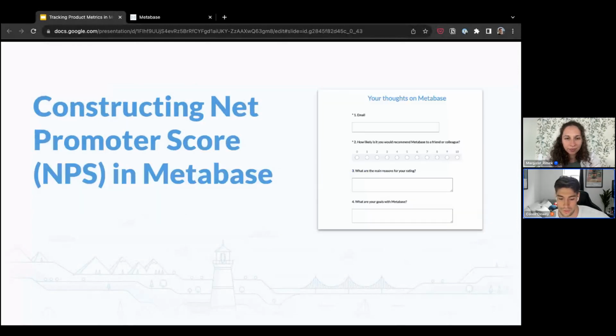And we'll get into Net Promoter Score. This is the example that I lean on a daily basis. So let's talk about how to actually create pretty much the same dashboard that we use at Metabase and how we use it. And for a little bit more context on NPS, you can see over here is actually our